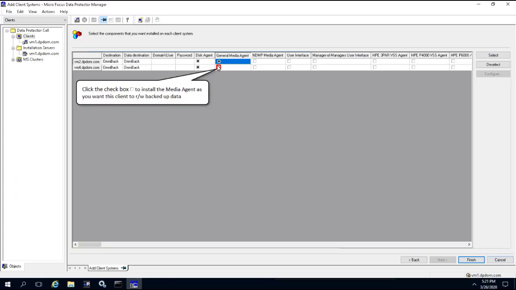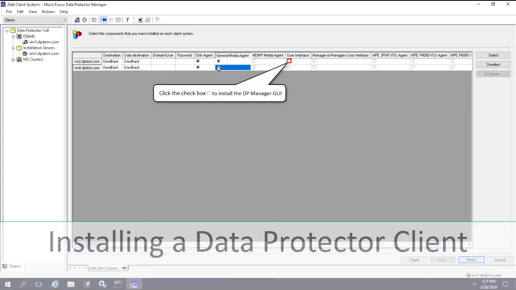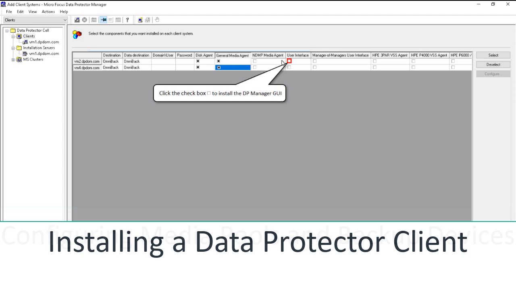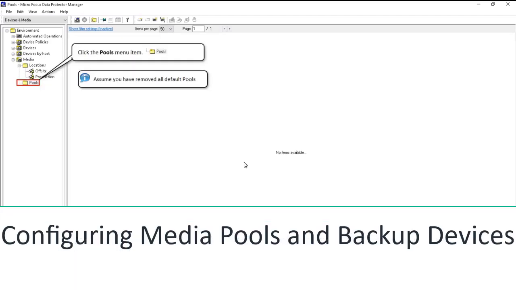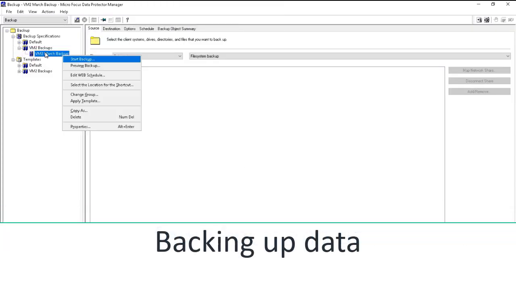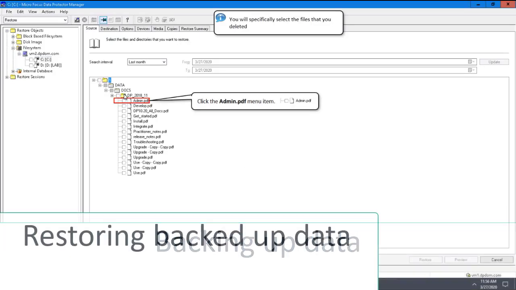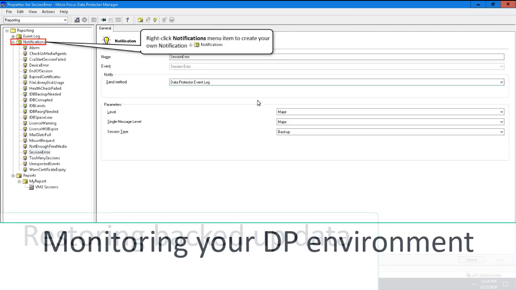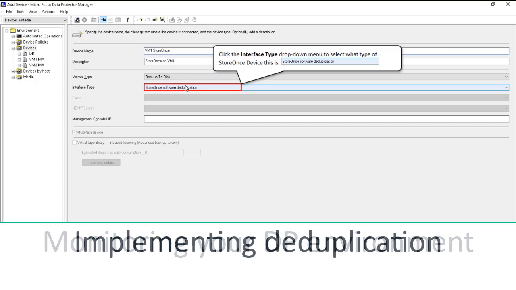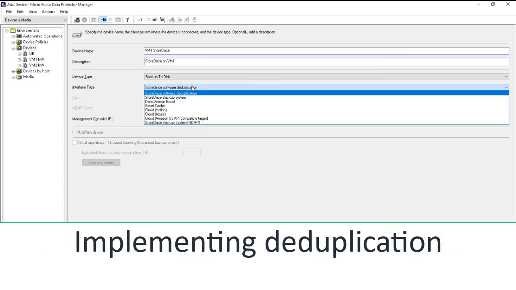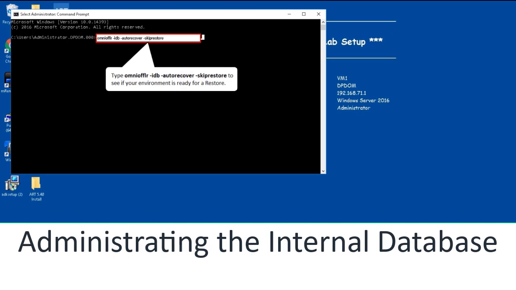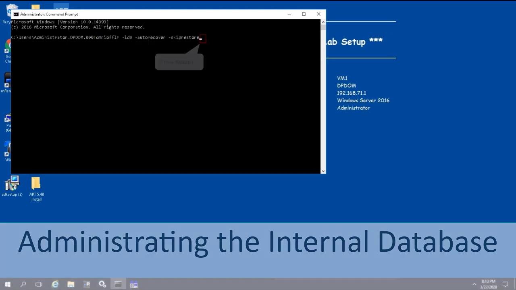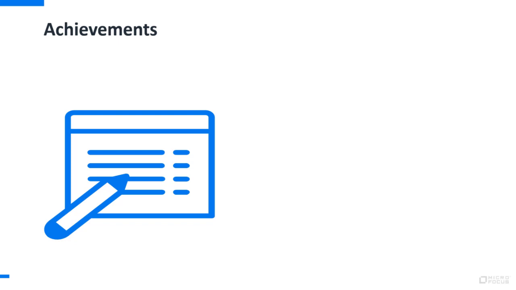In this course, you're going to learn about installing a Data Protector client, configuring media pools and backup devices, backing up data, more importantly, restoring backed up data, monitoring your DP environment, implementing deduplication, and administrating the internal database. By the end of this course, you'll know how to